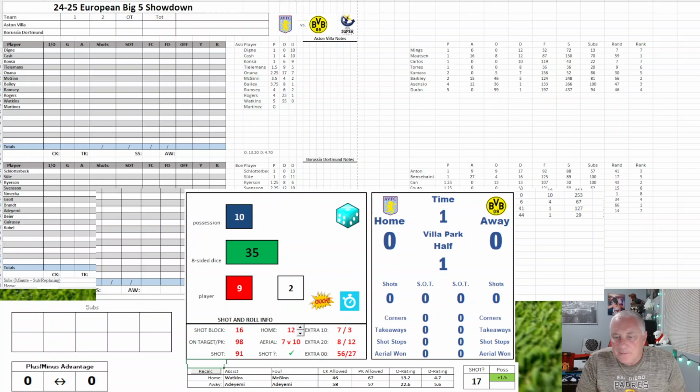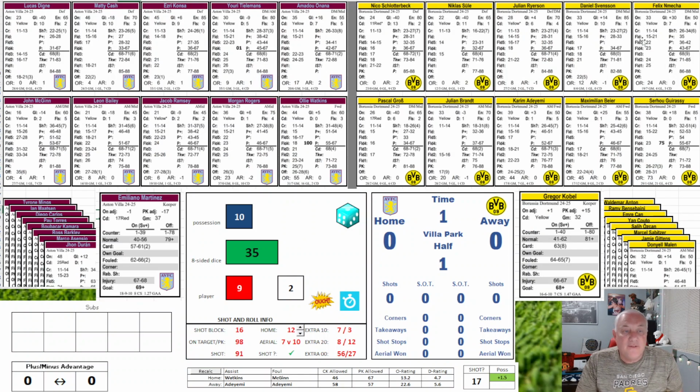You can see down here is the shot either allowed or stopped. So for England, if that's yellow, then the shot will always happen. The defense can't stop it. If Dortmund is taking the shot for Germany and it's yellow, then the shot is always stopped, no matter what the defender is for England. Okay, that's the housekeeping.